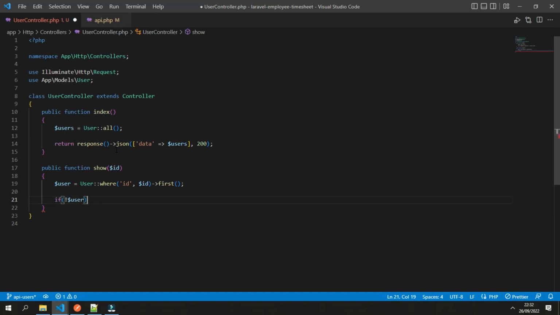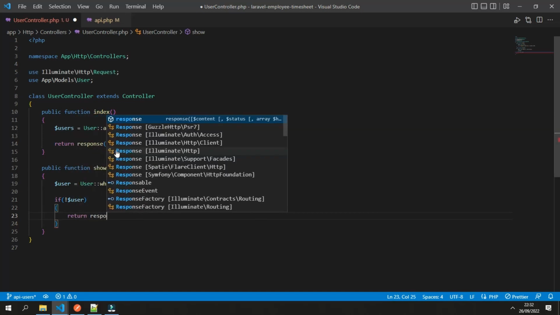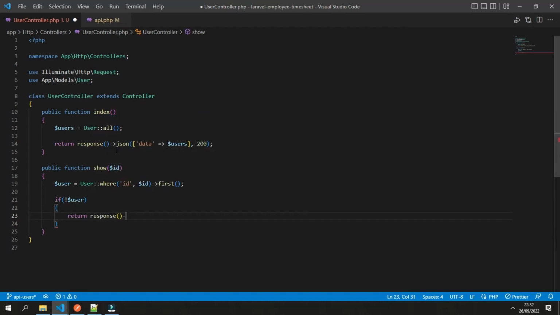If not found, then we return the 404 response. Response JSON and a message of, for example, user not found, and the status is 404.